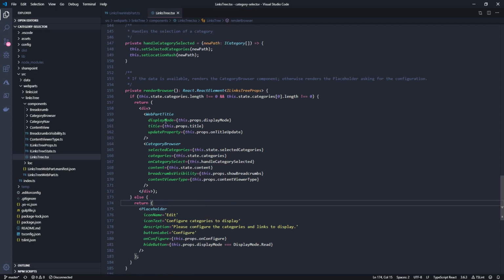And if we've got categories to display, we will render the web part title and a category browser. And for a category browser component, we will provide selected categories. So it will be a list of categories that are currently selected, categories that we need to display, handler in the case when someone will click on a category, content to render, breadcrumb visibility is responsible for whether we need to display breadcrumbs, and content viewer type is the type of the content viewer